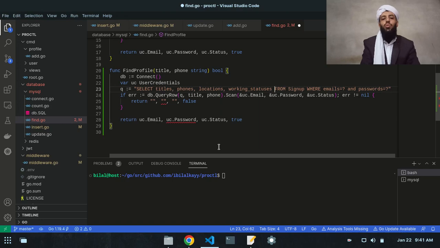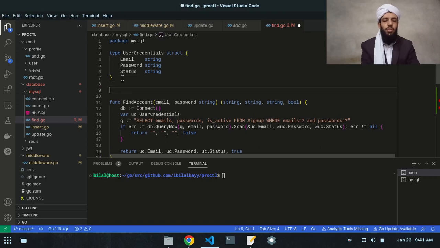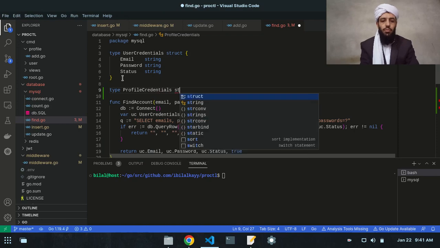I will show you how it will work, but first I need to make some changes here. So let's write titles, phones. All right, and after that let's make a structure also,